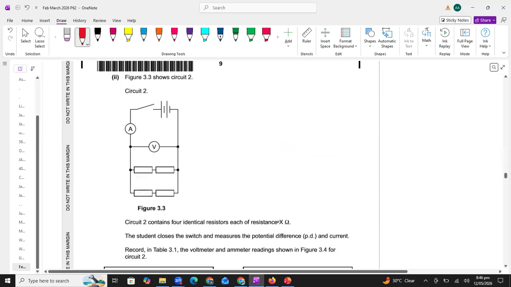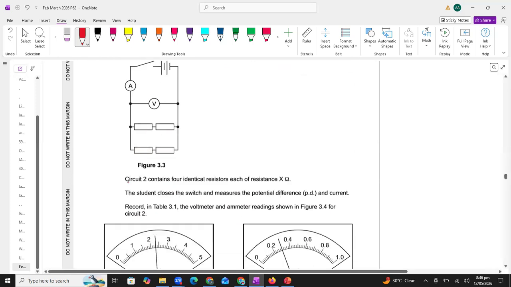All right. Now you can see in the next part, figure 3.3 shows circuit 2. This is circuit 2 and there are 4 resistors in this circuit. This is a battery, ammeter, voltmeter, switch. And now the student closes the switch and measures the potential